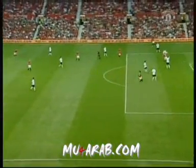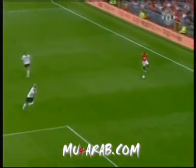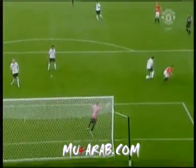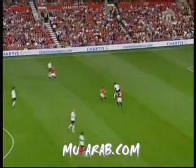He's just across him, and in that split second, the lad's lost him. He's found that yard and he's got the header in, and he'd probably be disappointed he didn't get a better connection on it, but it just goes to show the movement he's got in and around the penalty box. Oh, fantastic movement from him, and it wasn't his only chance in that first half, because after 22 minutes he